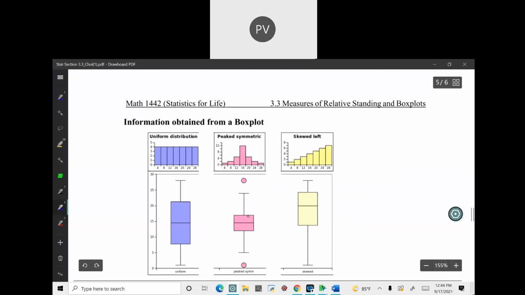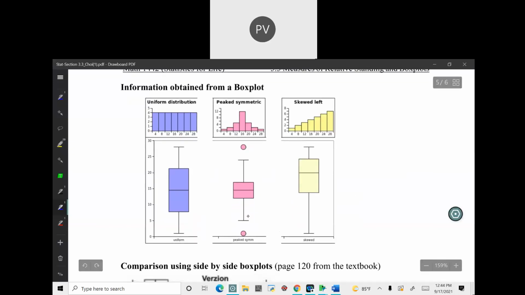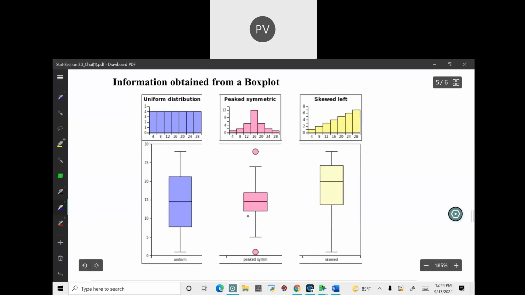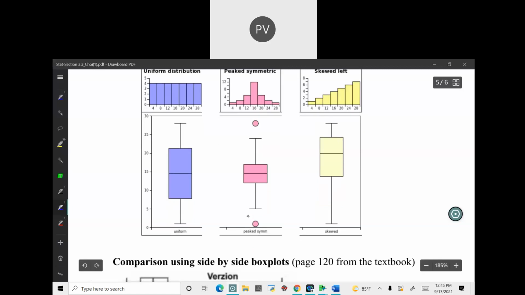So these are just examples of a box plot. How can it look like? For example, if you have a histogram with uniform distribution, so uniform distribution denotes what? When will you get a uniform distribution? There is no variation in the graph. It is uniform. When can you see this type of graph? When the frequency of your data values are equal, you will get a uniform distribution. There is no variation in the graph. Now for a uniform distribution, this is how the parallel box plot looks like.